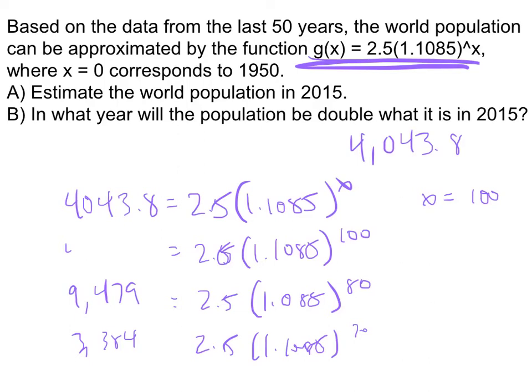So what I'm going to do is I'm going to erase all this, and we're going to try a number that's somewhere between 70 and 80. So remember, I'm trying to find some number that will multiply to give me 4,043.8. So what if I tried 72? So 2.5 times